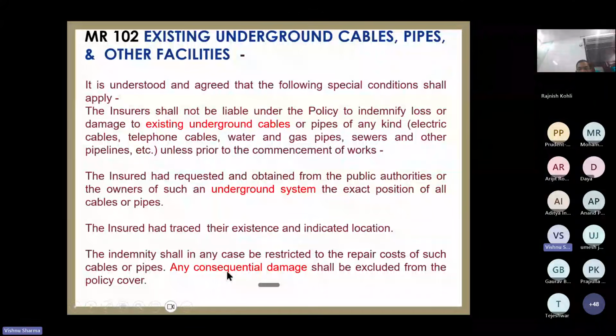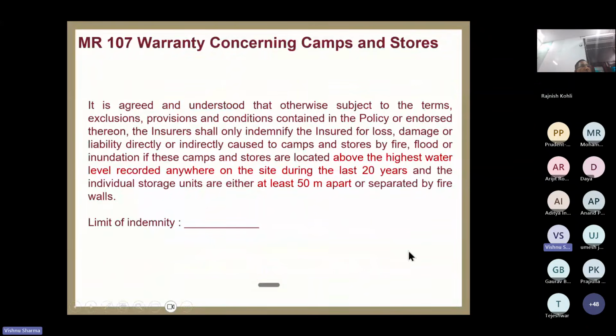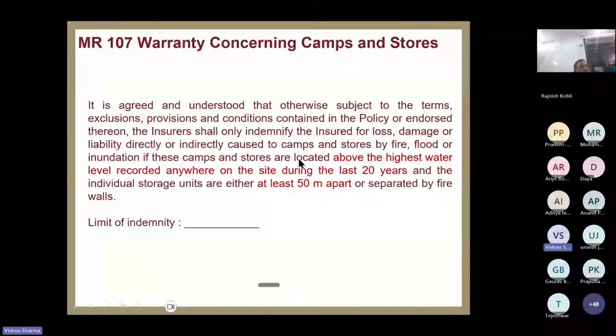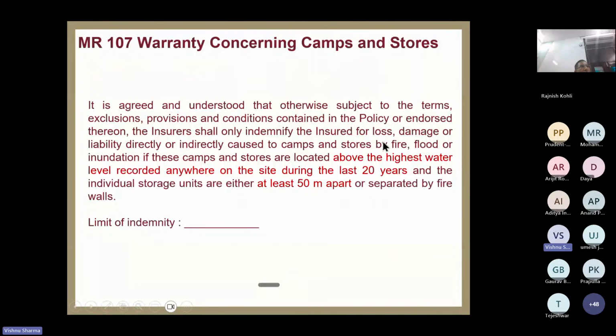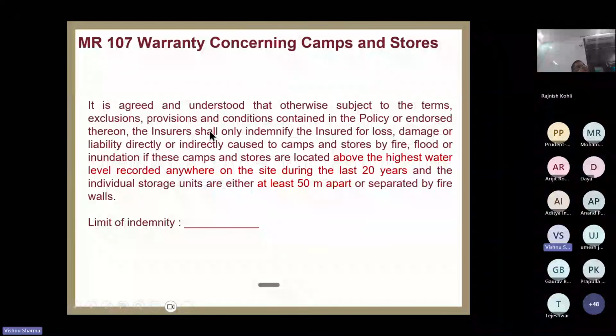Now MR 107, I am discussing only important warranties. Warranty concerning camps and stores. What it says is that camps and stores mean वही आपका ऑफ-साइट स्टोरेज था ना, उसी तरह से है. यहाँ भी स्टोरेज एरियाज, स्टोरेज लोकेशन. यहाँ बोल रहे हैं the damage to stored material, this endorsement shall indemnify, the insurance company will pay loss or damage to stored material,